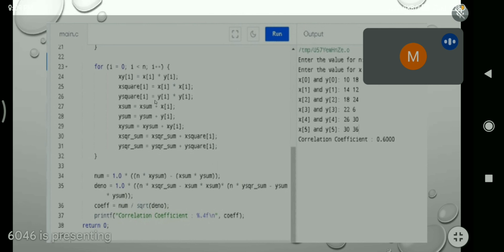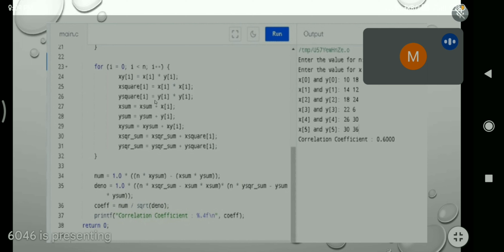We store this data in the variables. Then we find the correlation coefficient as numerator divided by square root of denominator. We get the numerator and the denominator, and coefficient is equal to numerator by square root of denominator,